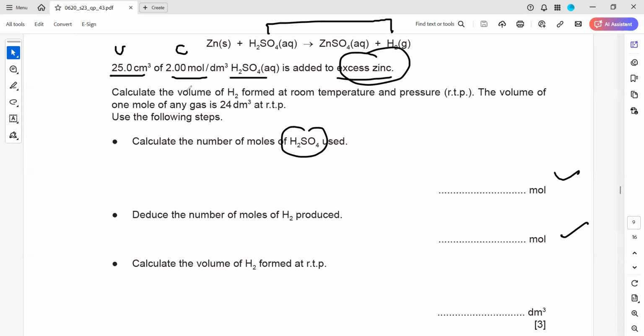And then this is summer 23. Then calculate the volume of hydrogen. So this is a formula, ratio formula. Okay. And then the volume